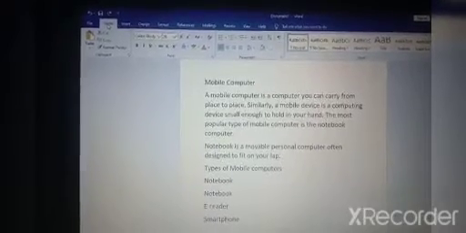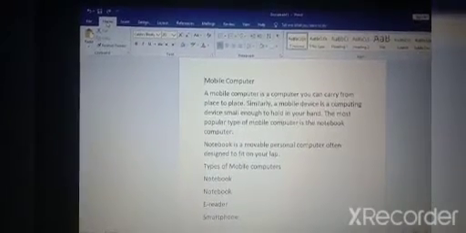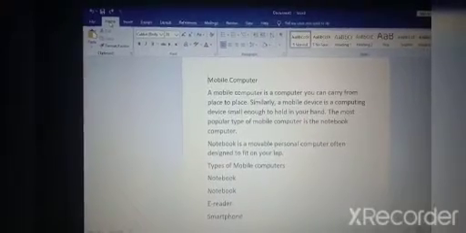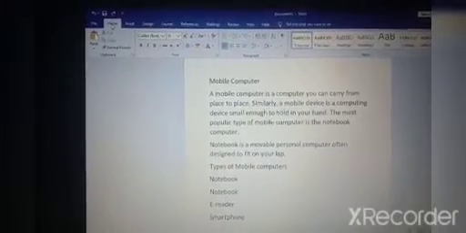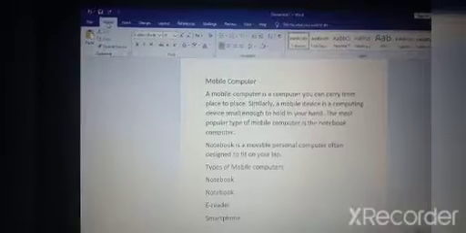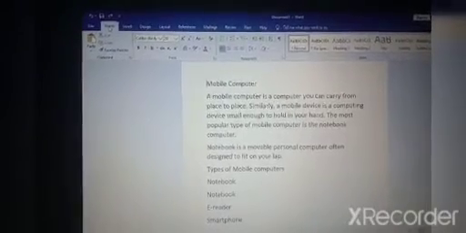For the word which you have selected, you will get the same meaning word or the opposite meaning word in that thesaurus option.